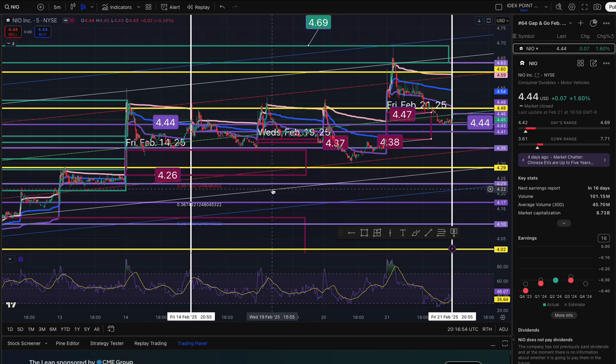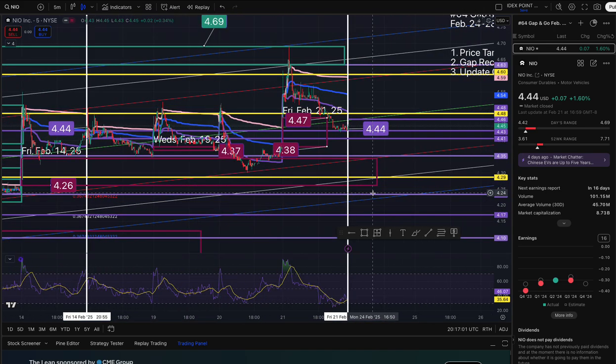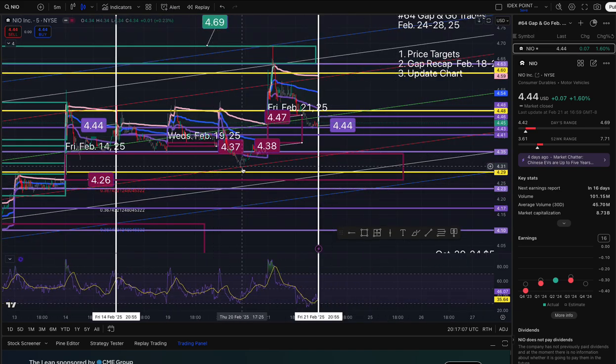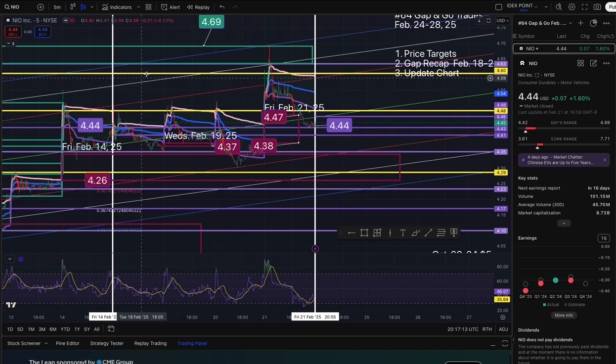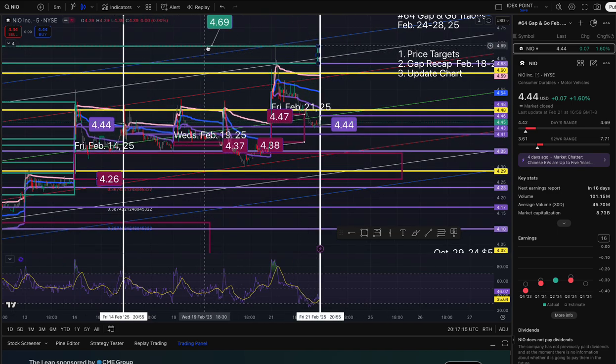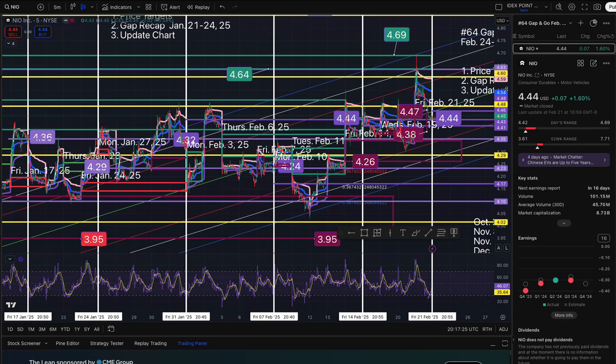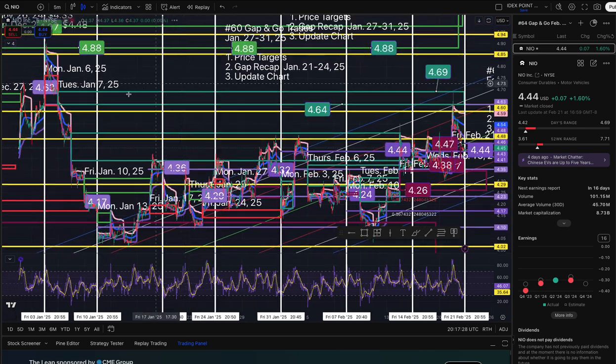This gap that opened up on Friday, February the 14th is still in play. I will just extend that out. See, we touched it here, but did not close it, so it's still active. And this gap that we predicted price would get to 469 did come true. And look at that right on cue, 469. And that gap, if we look left, opened up on Tuesday, January 7th,